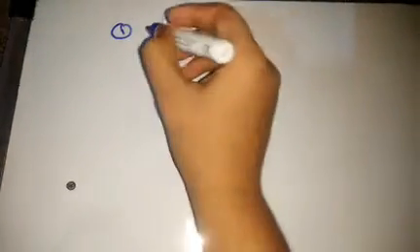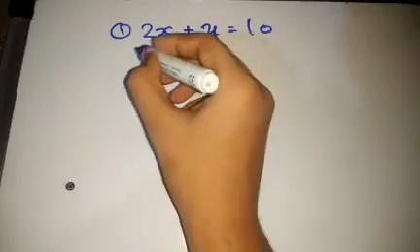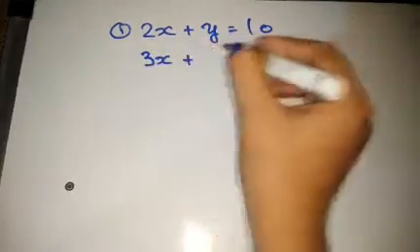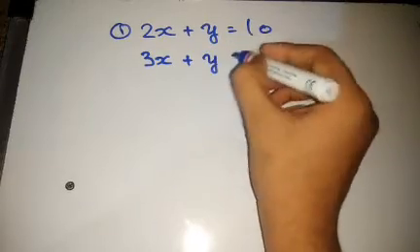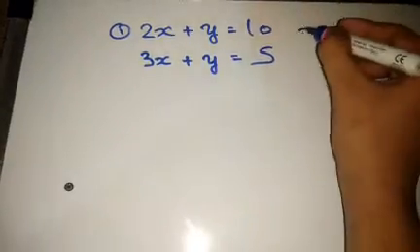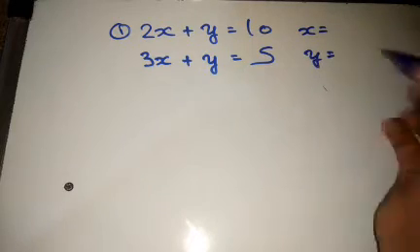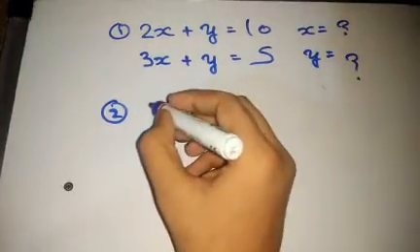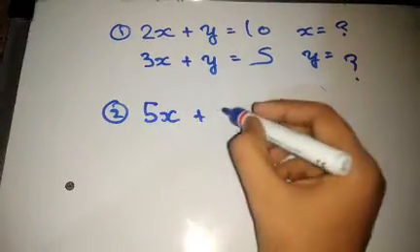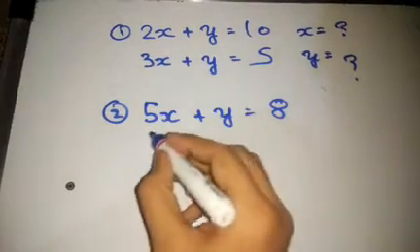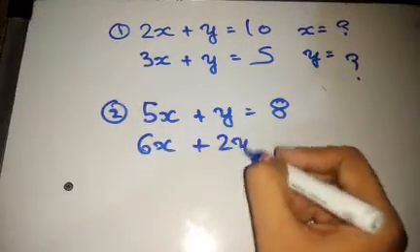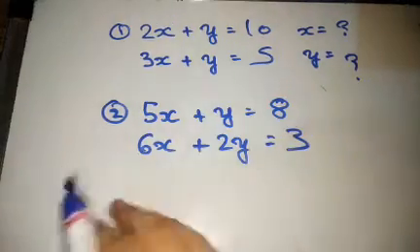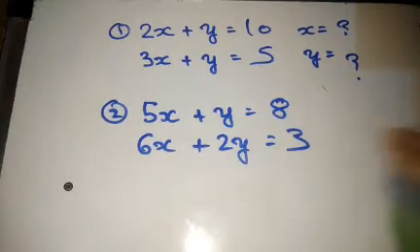I am giving you two equations to solve. 2x plus y equal to 10 and 3x plus y equal to 5. Here, give me the value of x and the value of y. Find me these values. And second, 5x plus y equal to 8 and 6x plus 2y equal to 3. Take this as a homework, and we are going to discuss some concepts here now,